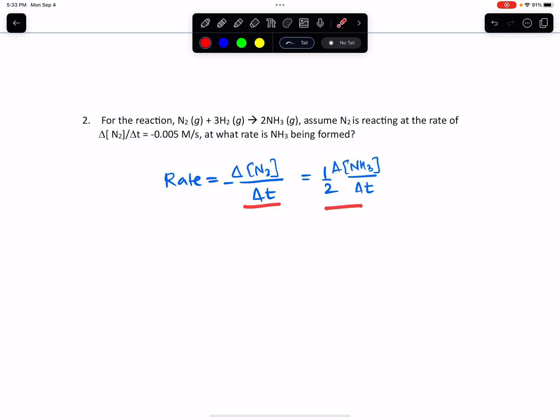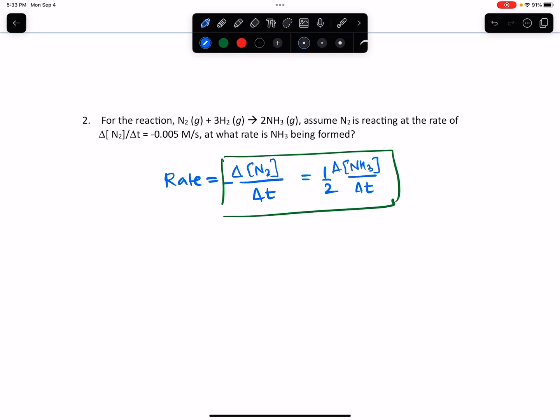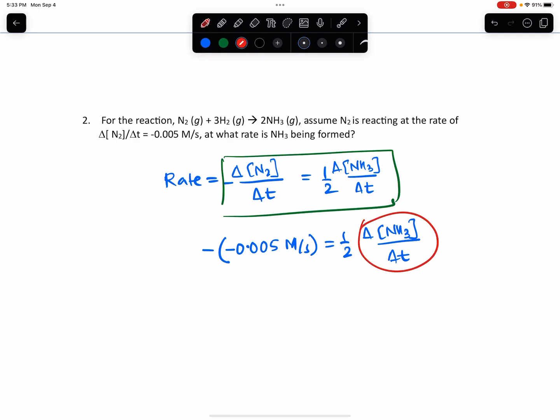All right, so now once we have this expression, we know that this is equal to the rate. So we're going to take this and form an equation out of it. We already know what this is, that's given to us. So we're going to write that as minus of negative 0.005 molar per second is equal to 1/2 of change in the ammonia over change in the time. And we're solving for this, so let's call that x. So 1/2 x is equal to minus of minus 0.005 molar per second. The negatives take care of each other, so that makes it a positive. So that's 0.005 molar per second is equal to